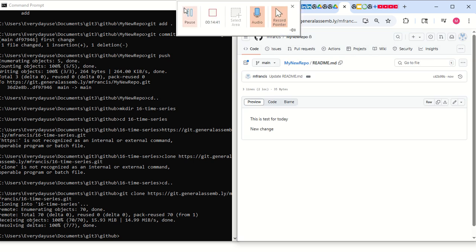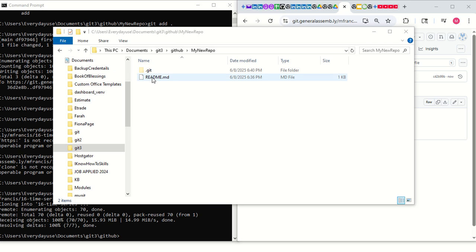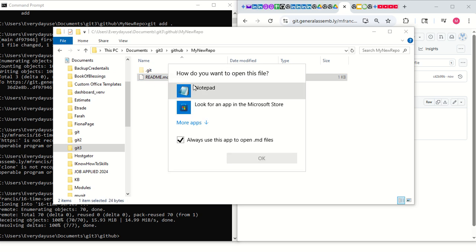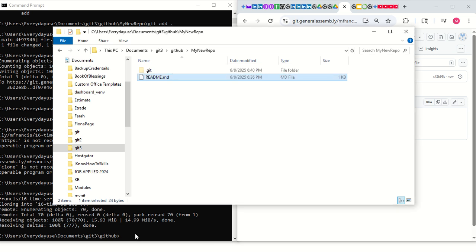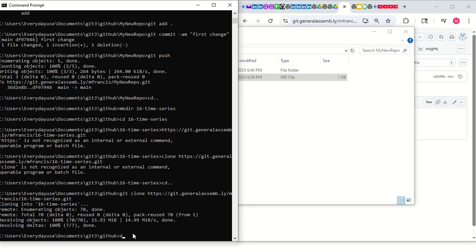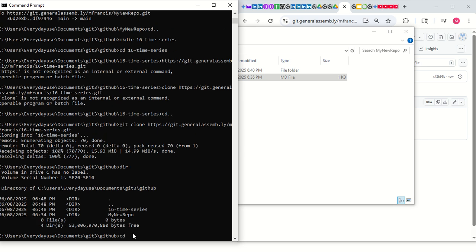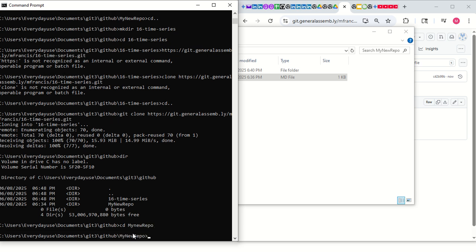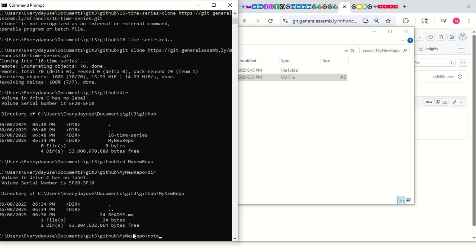All right. Now, locally, let me just go back. Let me go back here. Look at my directory. I'm going to change my directory to my new repo. And I want to now look at my README file again. And I just want